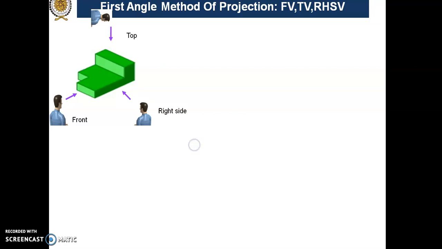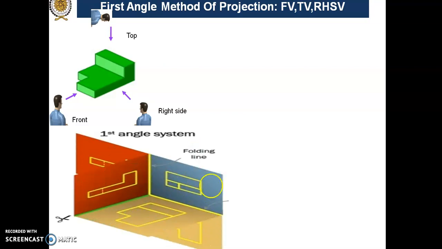Now we have to assume that the object is viewed from the right hand side. Okay, right hand side, like this is the right hand side, and for this there is a dotted line over here. The object is viewed from the right hand side. It will appear over here because the object is placed in between the observer and the profile plane. Now draw the projections from the various points of the contour of an object so as to meet the profile plane. We'll be getting an image like this.